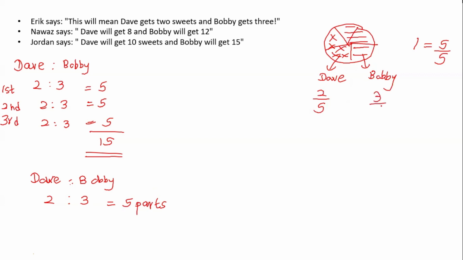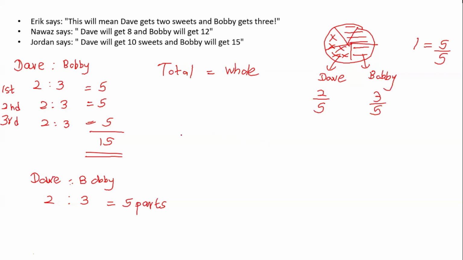It's 3/5, right? Okay, now we know the fraction. If so, then we can find the relevant sweets that got by Dave and Bobby, right? So we know that this diagram represents the whole. So our total is equal to the whole. Therefore, we have the fraction. If we multiply those fractions by the total number of sweets, then we can definitely find the sweets divided